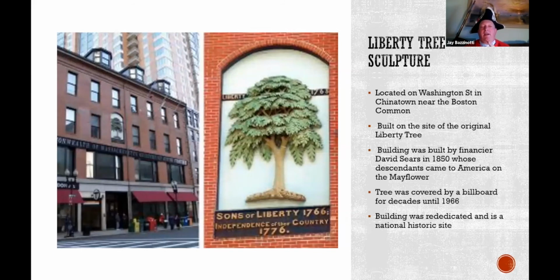This was the second reason that I decided to do this presentation. To me, this is one of the coolest things in Boston. This is a building in Chinatown, located on Washington Street. It's also a tea station. This building was built by a man named David Sears. He was a rich entrepreneur in the